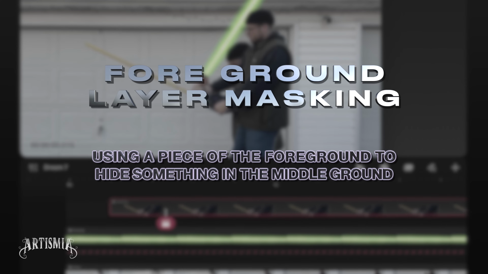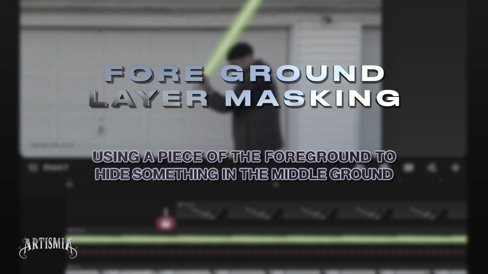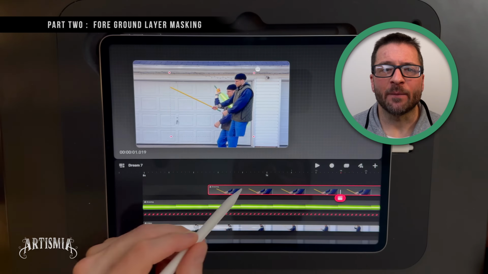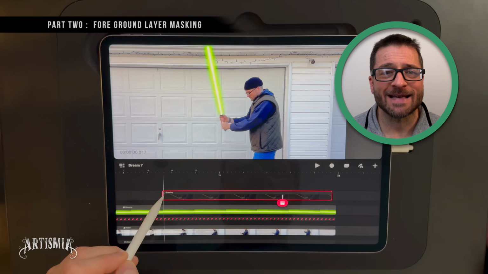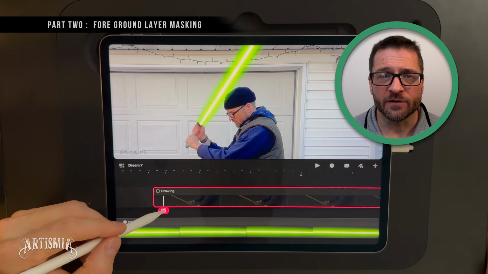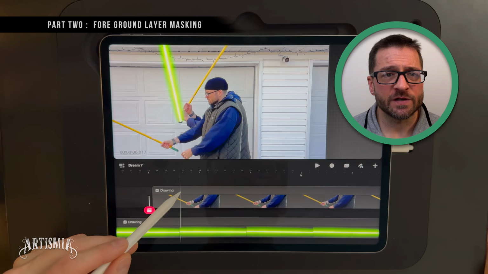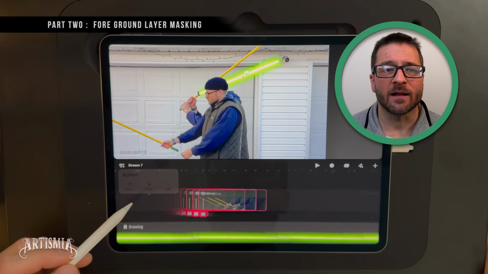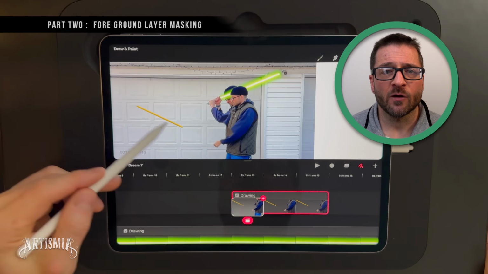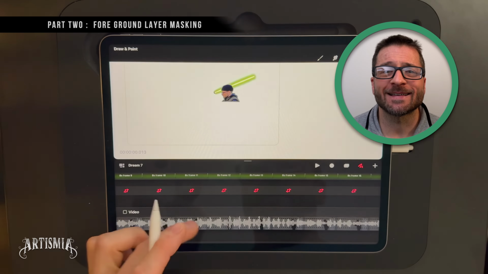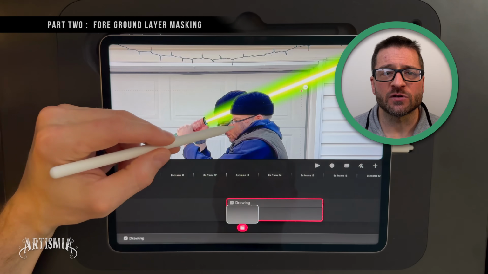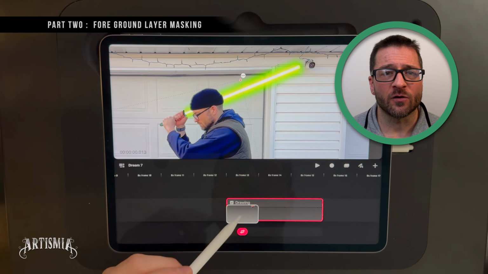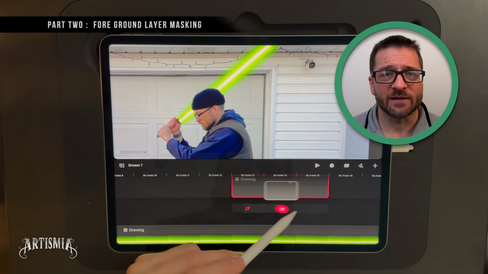Foreground layer masking, using a piece of the foreground to hide something in the middle ground. Once in the timeline and on the stage, you can manipulate and feather the edges of the still frame as needed to blend it into the footage. Think of it as a blanket, used to cover or mask a certain element of the footage. Now, using the eraser tool, you can erase everything except the specific shape needed. Then, by using keyframes, you can reposition, move, and scale the object so that it follows the movement of your